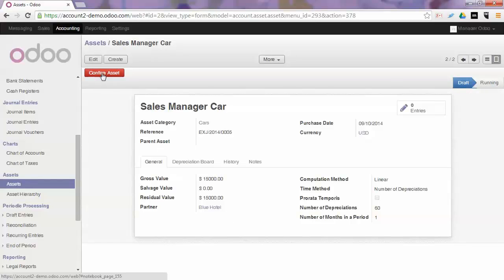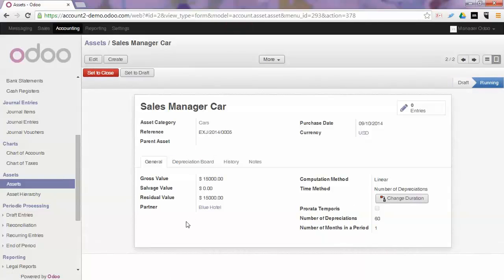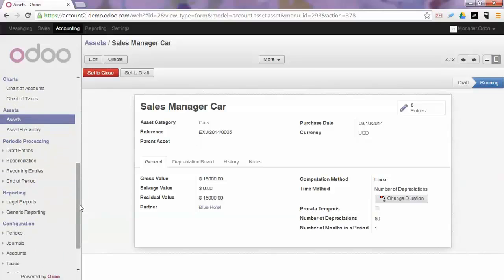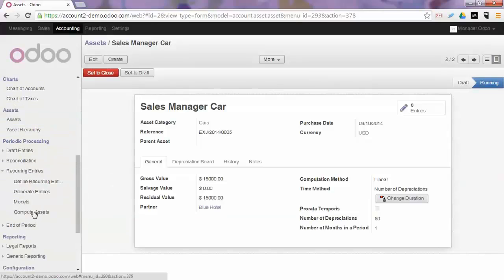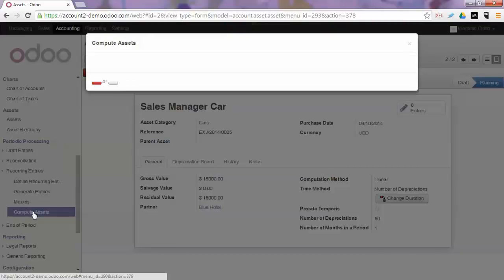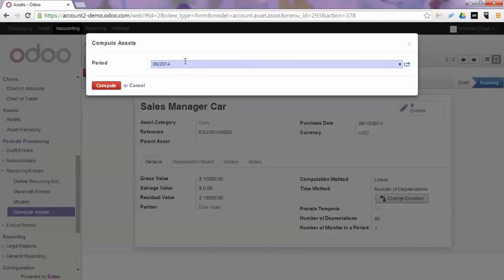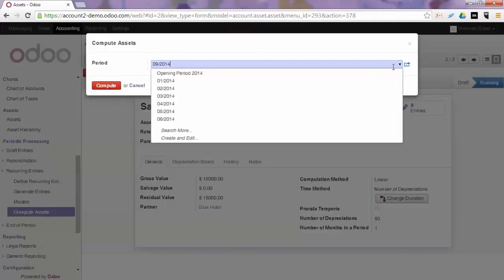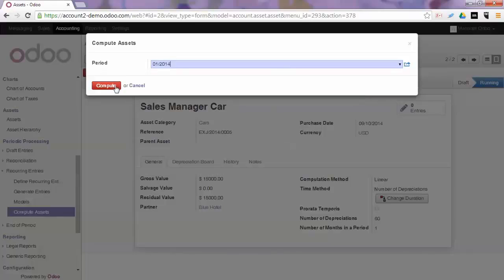We will confirm the asset, and we will show you how you can post these assets in Odoo. You go to periodic processing, recurring entries, and you click compute assets. You can select the period for which you want to post assets, and since in this case we start from January, we click compute, and Odoo will check all confirmed assets and post all the entries that should be posted for that period. So we click confirm,